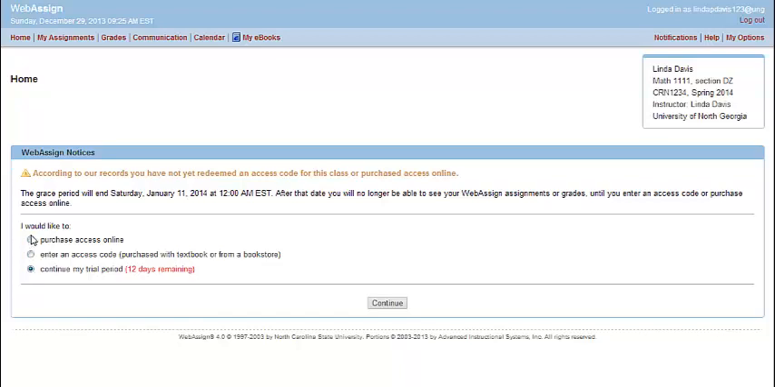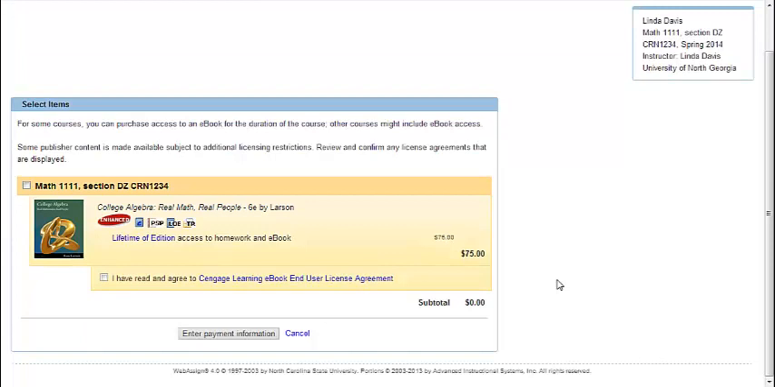And then a third option would be to purchase an access code online. And if I click on that and say continue, it will bring up a window that shows the textbook for your class. Now I'm doing a college algebra class, but it would show whatever class you are doing, and you